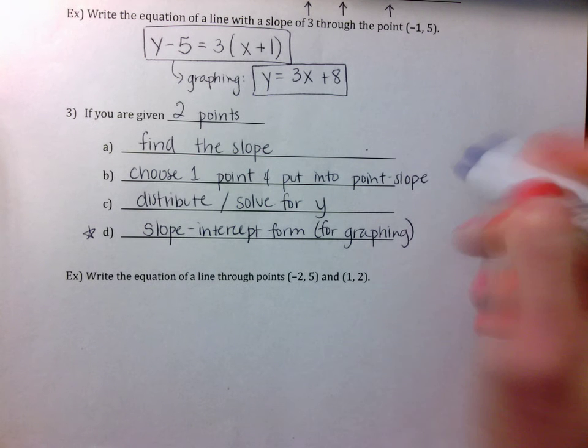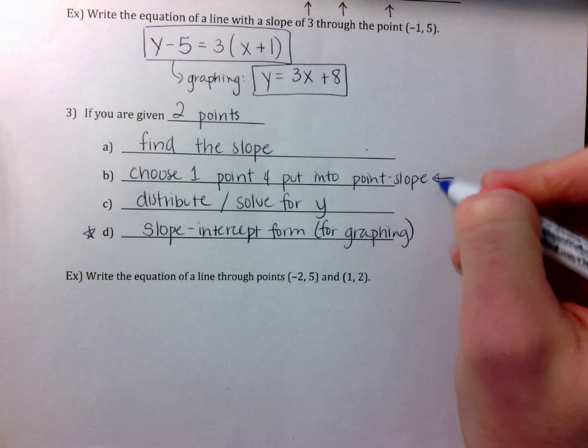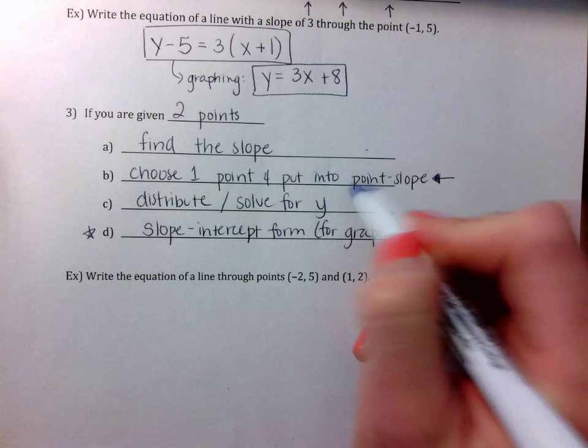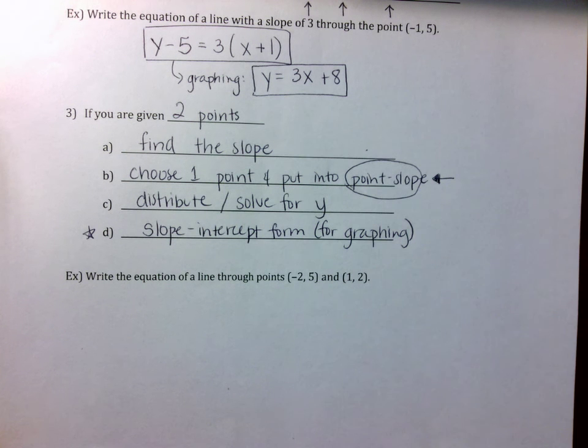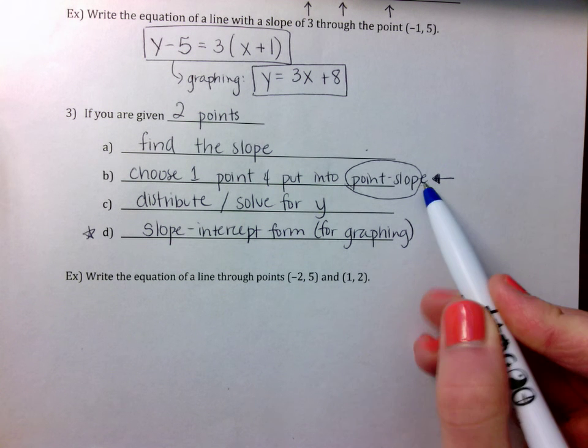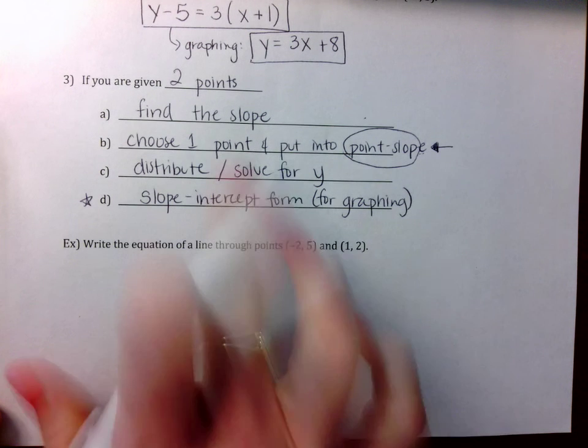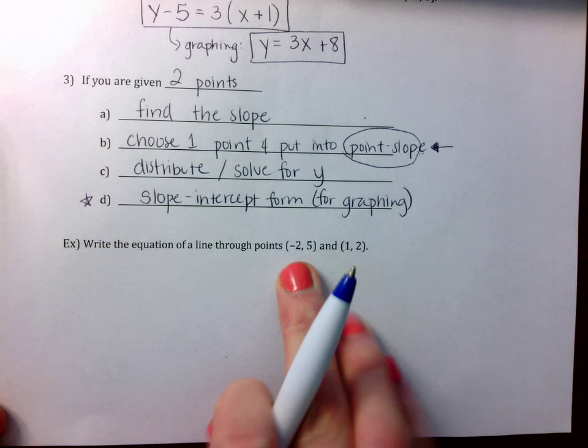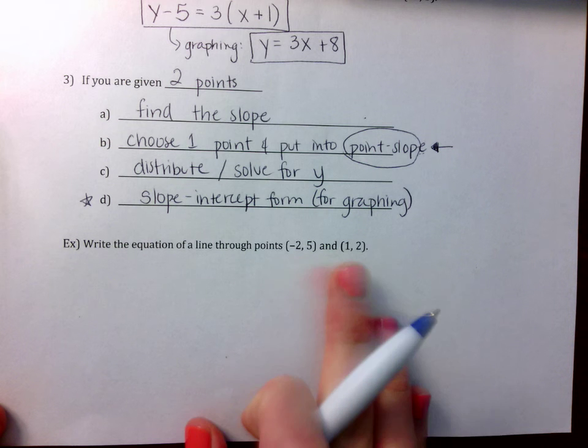However, you could stop here if you were just asked for the equation of a line because it would already be in point slope form. I don't know why I left out the E there. Who knows? Okay, so if we follow those steps, if we were given these 2 points, -2, 5, and 1,